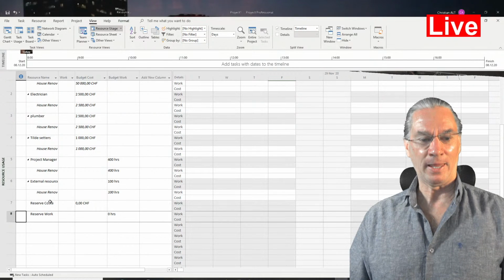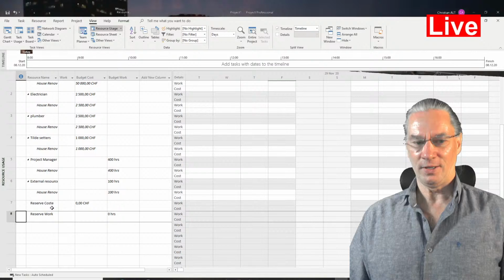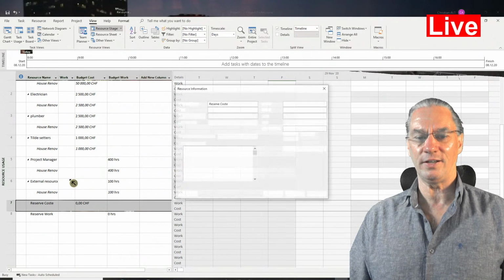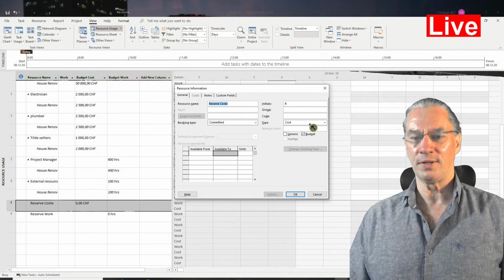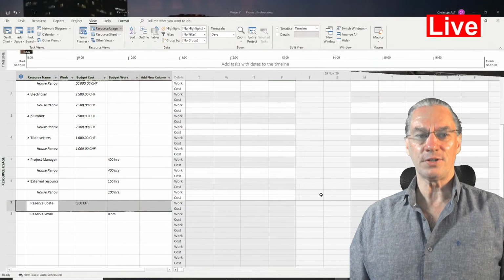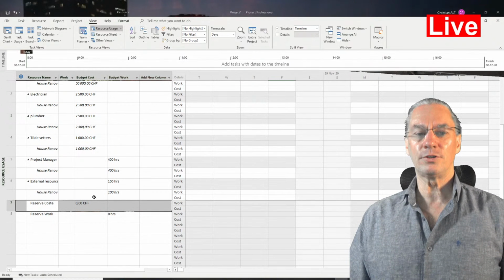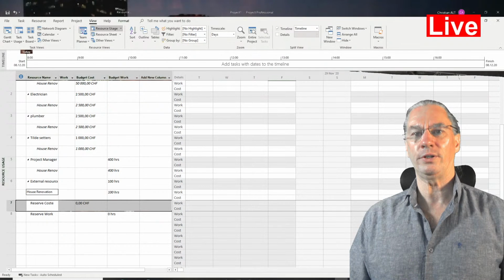And you see that we find here below our resources, they are defined here. So I will see if there is something that I can do from here. We haven't looked at the information that is contained within those resources, but you see that here it's simply defined as a budget. So far I'm fine, but there is a need to assign this resource to the house renovation, to the summary task.